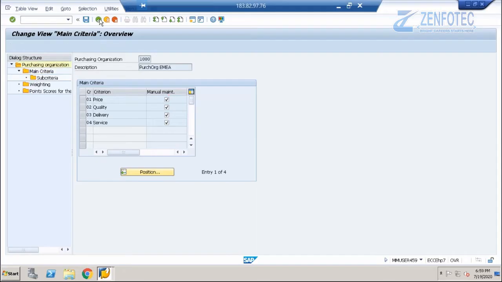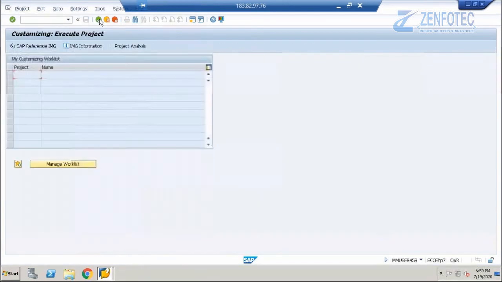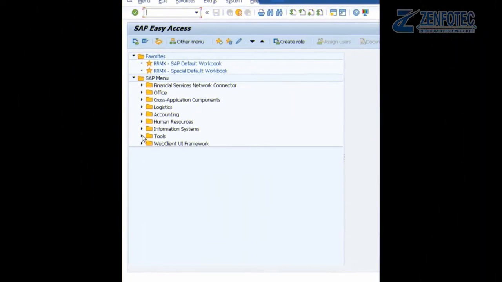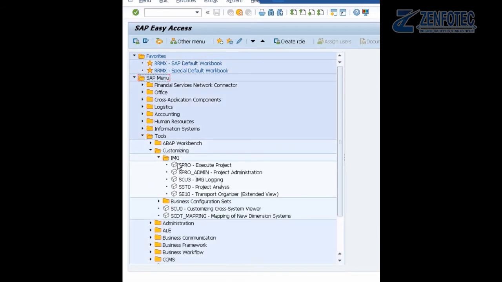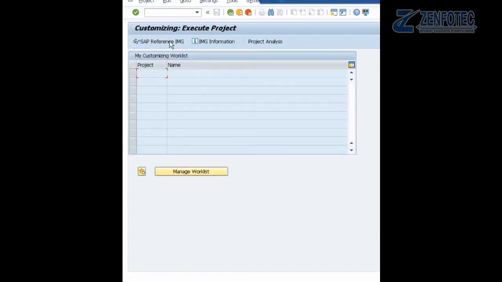Hope the screen is visible to you. How do I go to SPRO? We go to Tools, Customizing, IMG, SPRO, Execute Project, and then SAP Reference IMG.